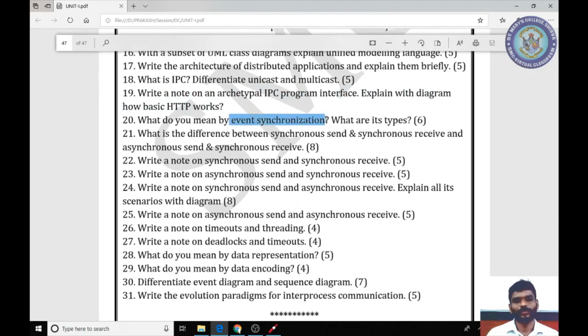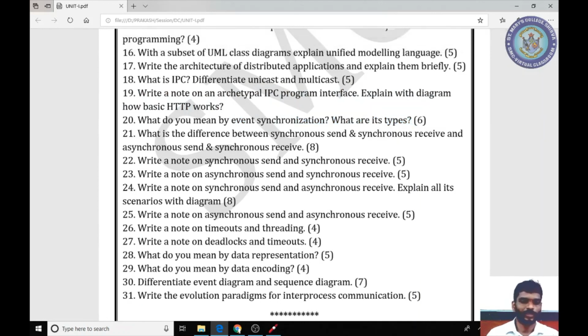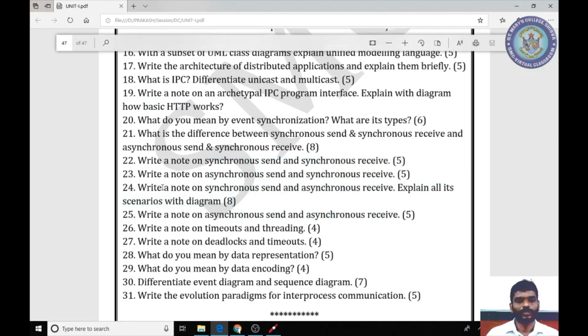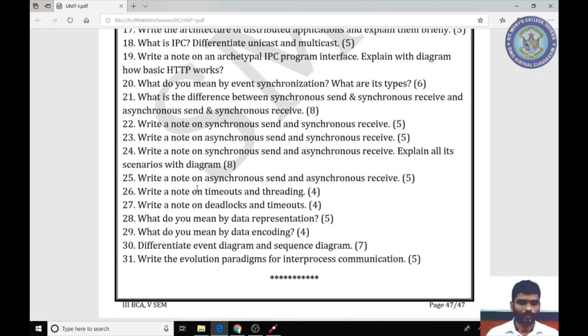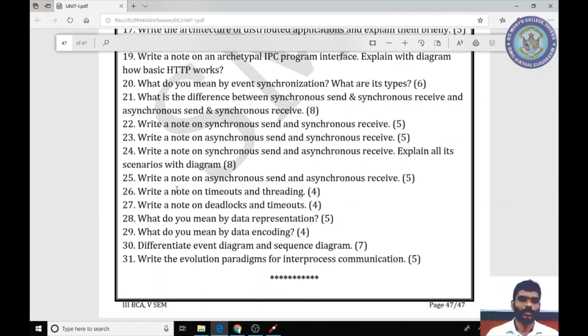In event synchronization, there are 2 types, blocking and non-blocking, and 4 different cases that we studied here. The third case will come for 8 marks. After that we studied timeouts and threading. Then we studied deadlocks and timeouts.